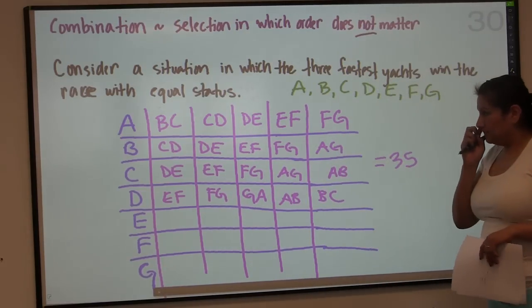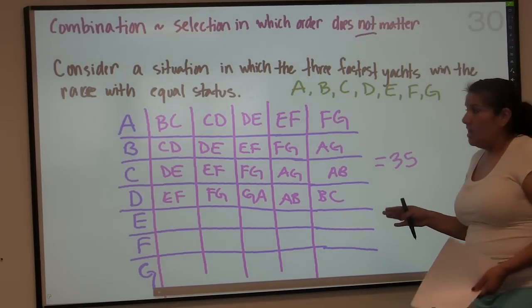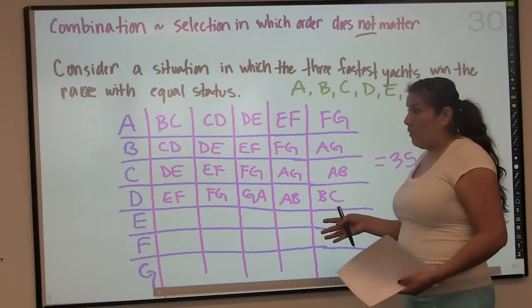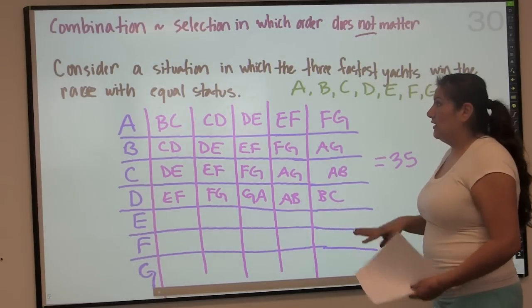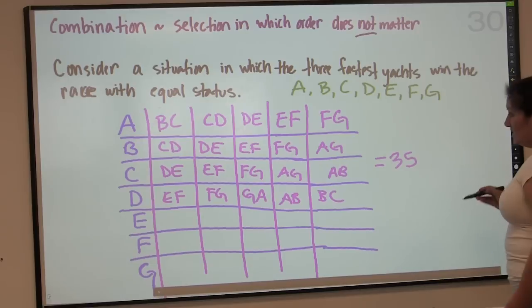possible arrangements. Now, I don't know about you, but this looks like it would be difficult to do if you kept increasing the number of yachts. So this is not the way that we want to do things for the future. I just kind of wanted to show you how it works. We know the answer is 35, so then what can we do to make this process a little bit easier